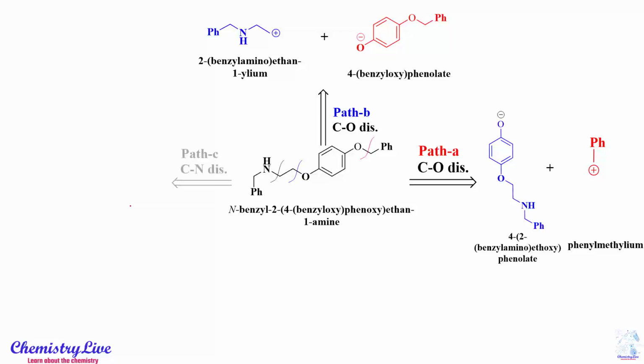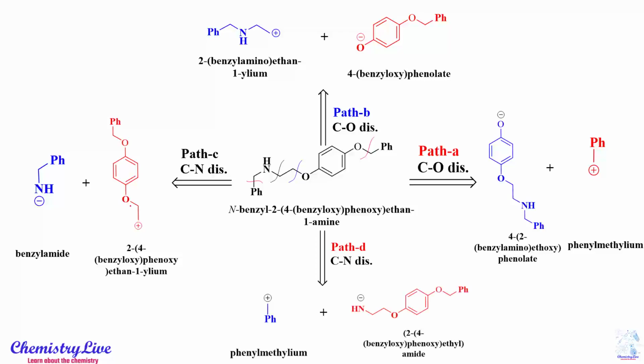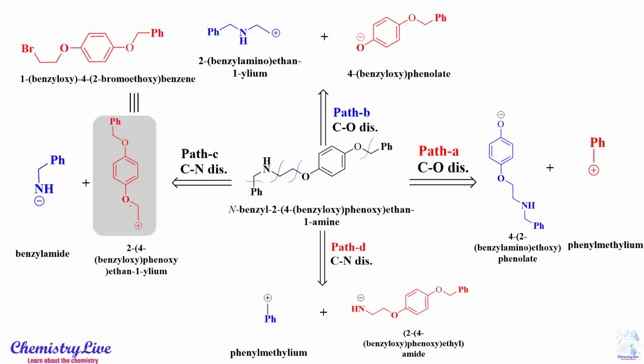If we disconnect the side C, or path C, which is the CN disconnection, then we will get this benzyl amine and another cation. And the last, the other CN disconnection, we get a phenylenium ion, a cation and an anion. So if we take a deeper look at all these types, this is very easy to get. Now we will take a closer look at how to disconnect that part, because this part needs another disconnection from here to get our starting material.